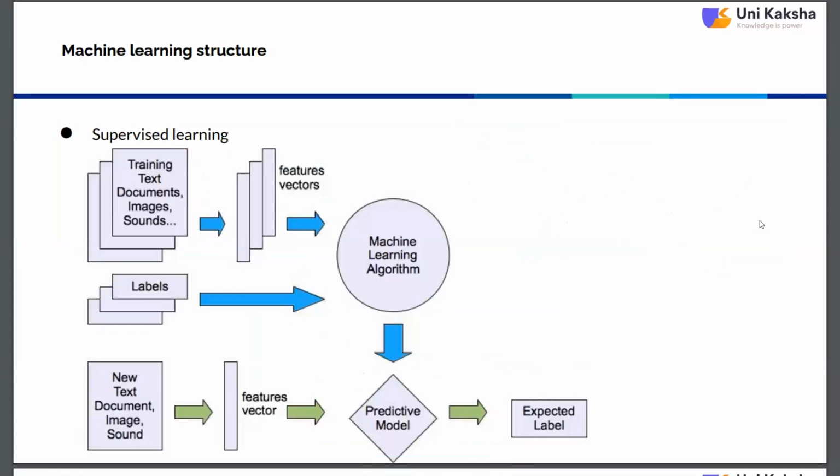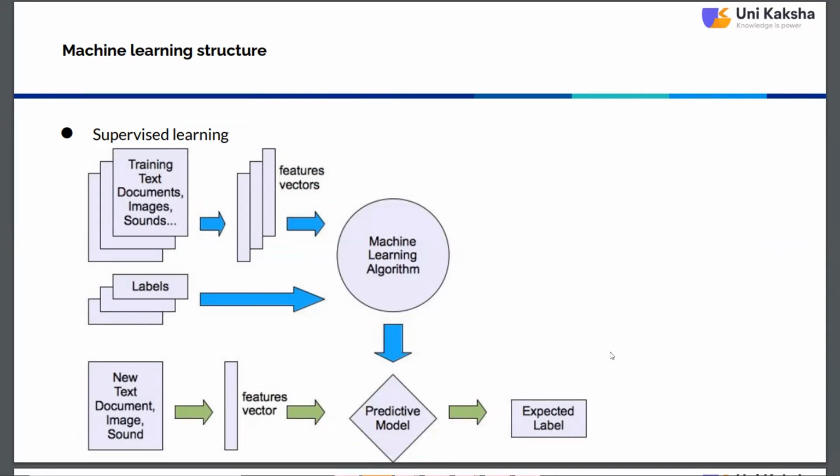Yes, so this is explained again in a very simplified manner with the help of this flow chart, the supervised learning model. We are going to build three models: one using supervised machine learning, second using unsupervised machine learning, and third using reinforcement learning. See, random forest is one of the machine learning algorithms that can be used for different kinds of problems.